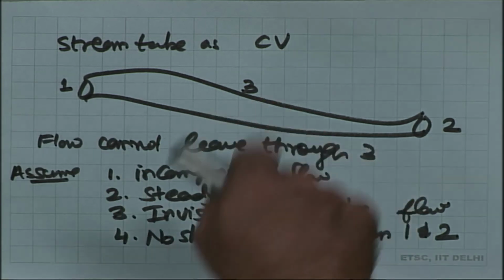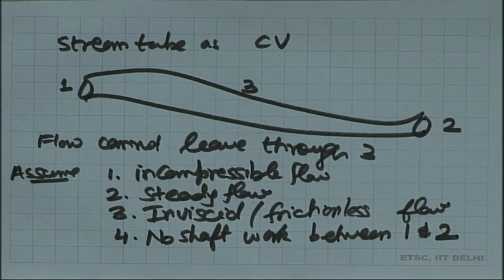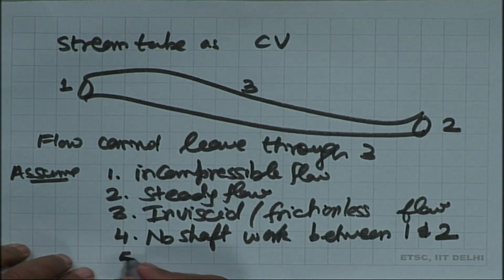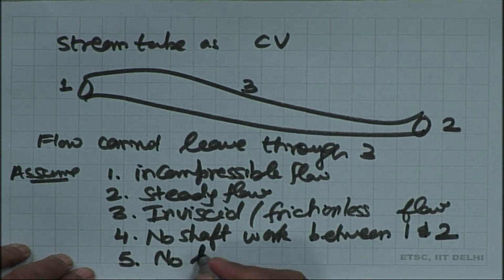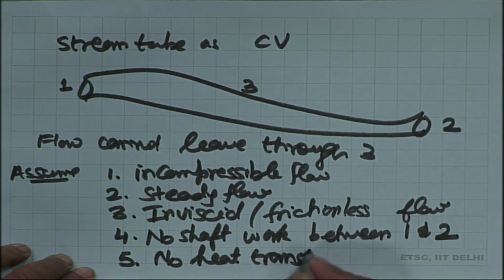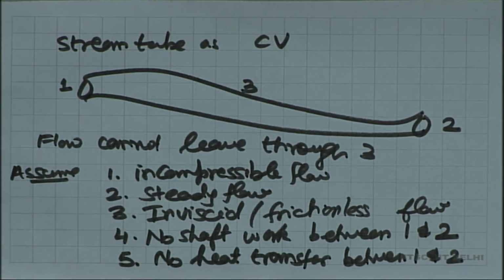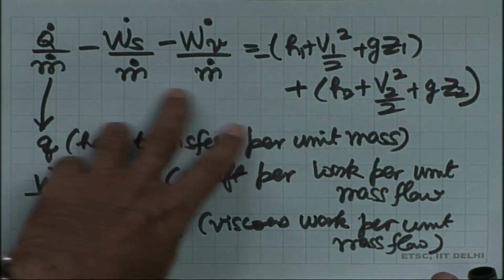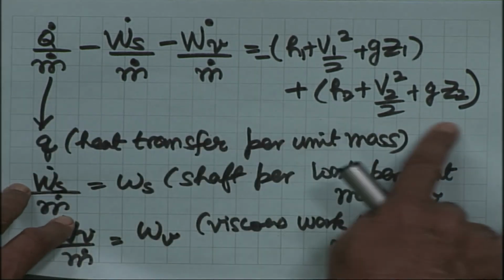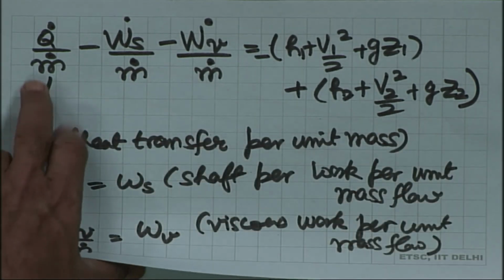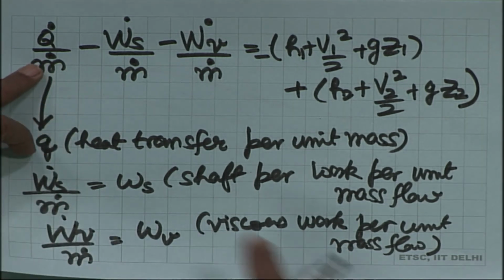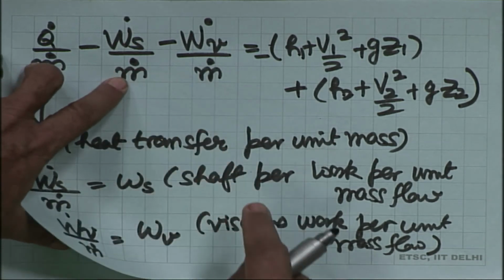So, that means there is no machine element which is protruding and which is either doing work or taking work, and finally, we also assume no heat transfer to the fluid between 1 and 2. So, now when I apply my full energy equation to this control volume, this is a one inlet, one outlet control volume, and these are the different terms which I have in my equation. The heat transfer term is 0, there is no shaft work, so this term is 0.